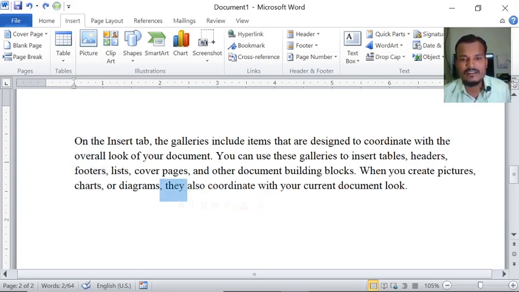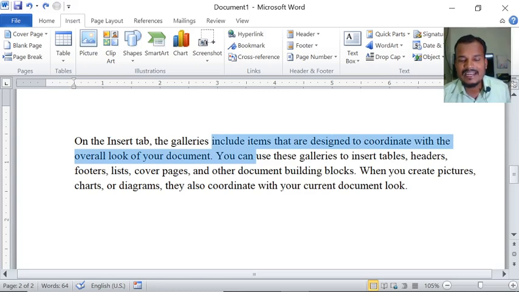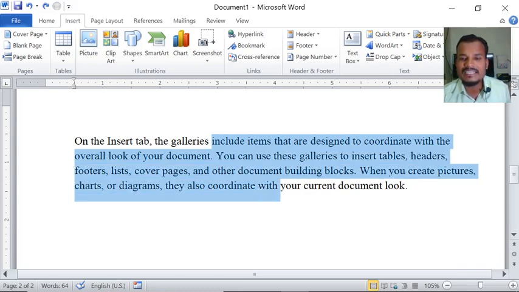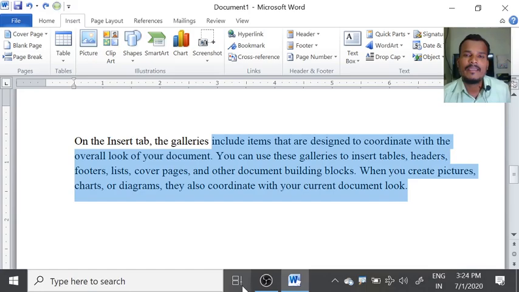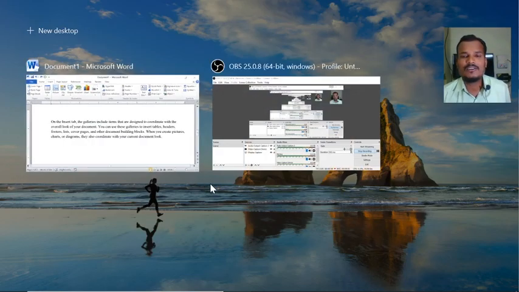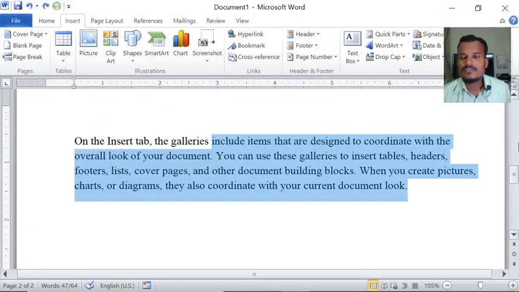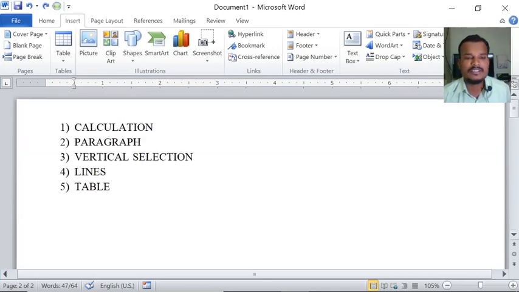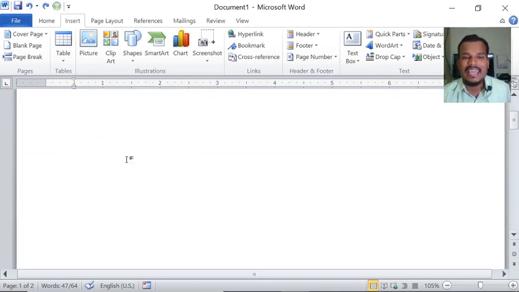For example here also, if you want to select only particular words, press the alt button, see here, like that. But without the alt button, if you select this one, coming to the second line, it automatically selects the complete line. So this is about the third magical trick. And the fourth one is lines.